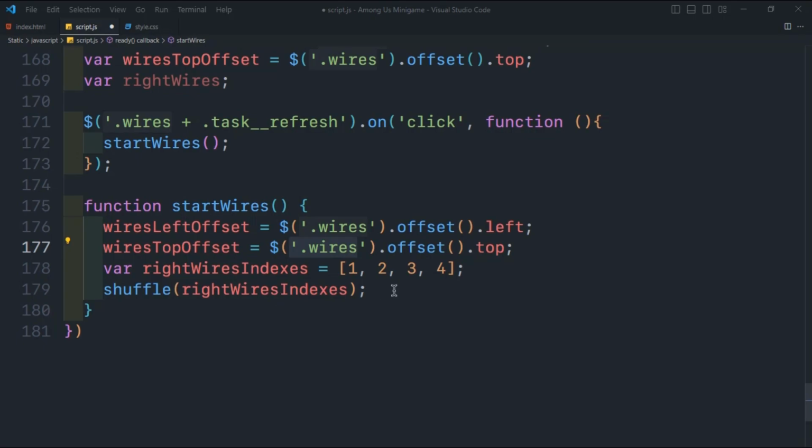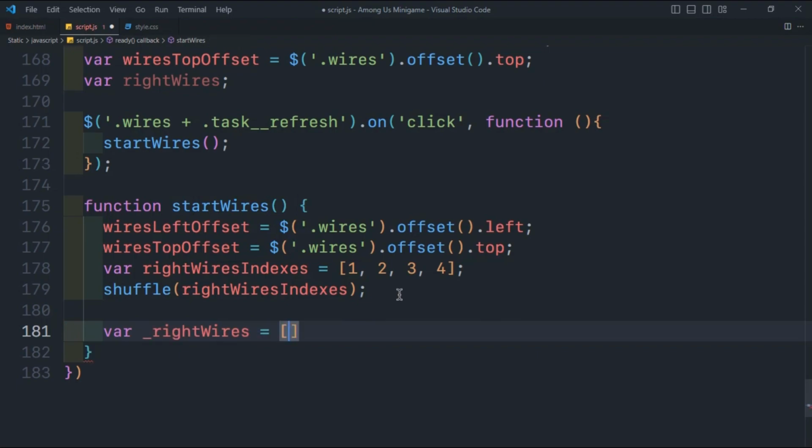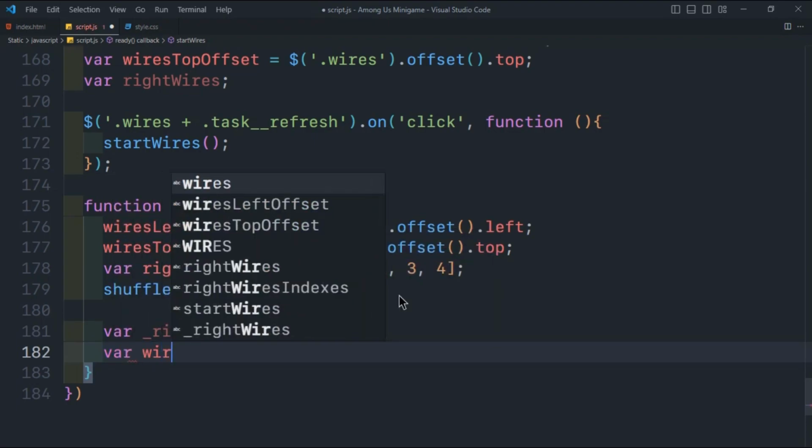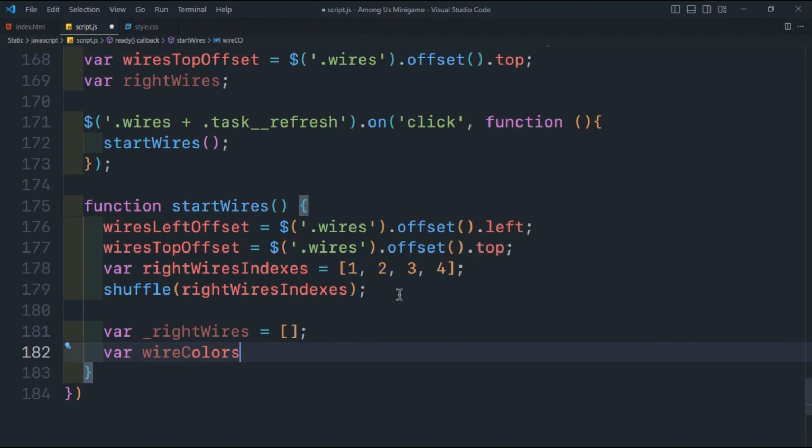After which we will create variable _rightWires, will create an empty array, and then we will create variable wire colors. So the possible colors of the wires, we will make an array of all the possible colors. So yellow, red, purple and blue. So the right wires variable is an empty array,